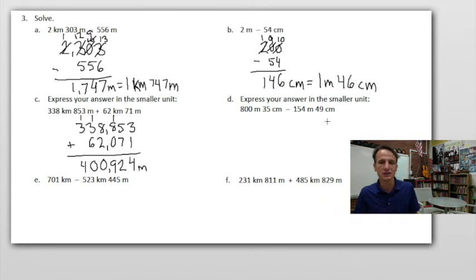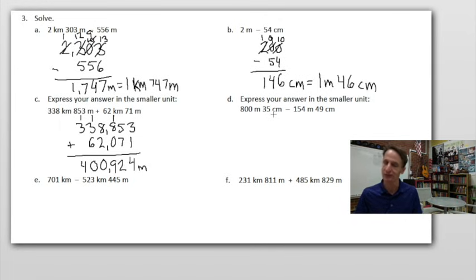And here again, we're doing the same exact thing, except we're subtracting. So I want to make sure I leave a little room at the top above, which I didn't do a great job of before, so that I have room to do all that decomposing and subtraction. So again, we're going back to centimeters though, so our ratio is 1 to 100, not 1 to 1,000. So 800 meters is 800